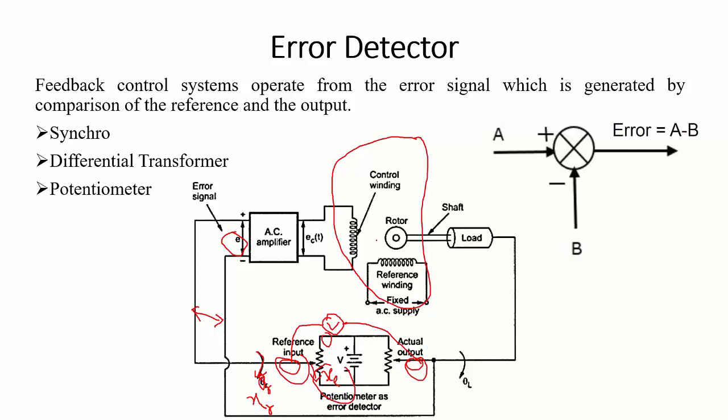So the load or the rotor will rotate in such a manner as to bring the arm at the actual output side to the same location where you moved the reference arm. So if you move this XL below, the whole process will cause the arm at the actual output side to move XL below. If you moved the arm at the reference side above by a quantity XL, in that case the process will work in such a manner that it will bring the arm at the actual output side above, displacing it by a quantity XL. So this is how the potentiometer is being used in order to correct the error that is being produced in the system.